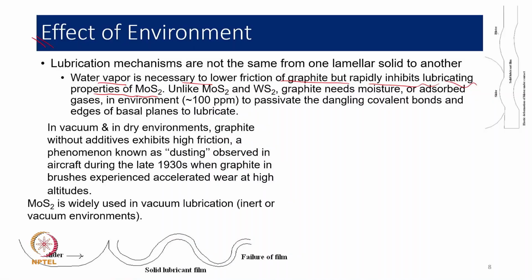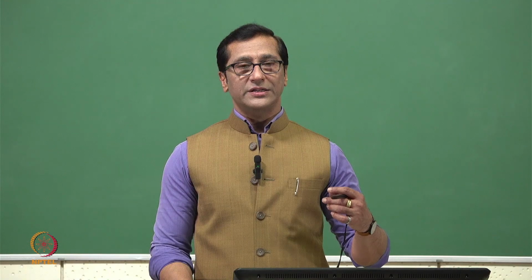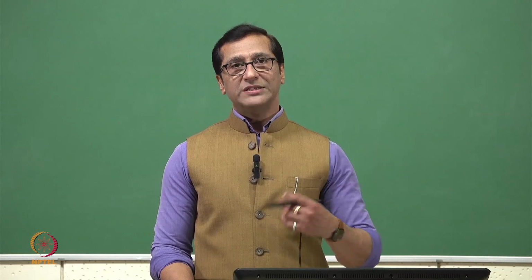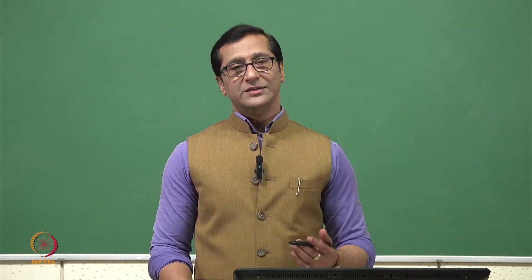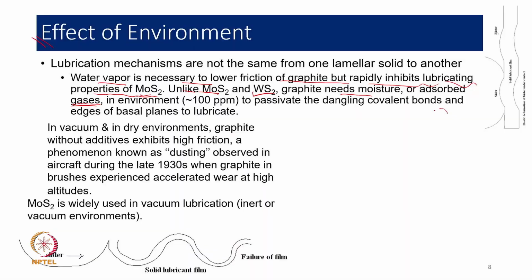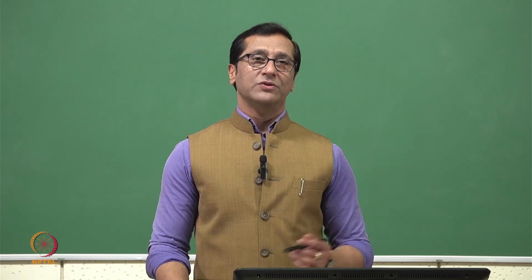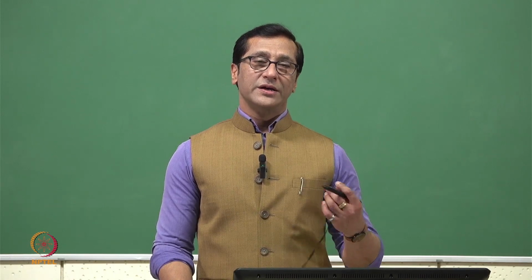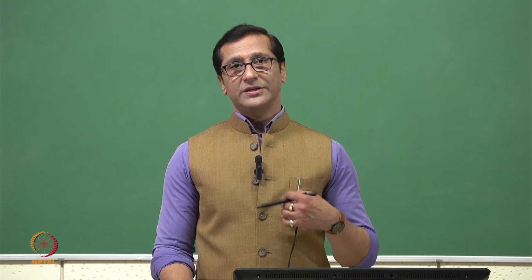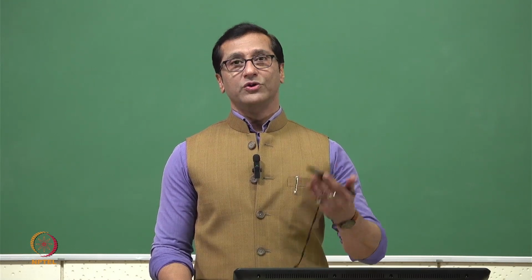The same thing applies to MoS2 as well as WS2, right? Unlike MoS2 and WS2, graphite needs some moisture or adsorbed gases. We say that there is a covalent bond, and then we need to passivate that covalent bond so that it acts as a good lubricant. If there is a covalent dangling bond in graphite or graphene, then we really need to passivate that bond, otherwise the coefficient of friction will be on the higher side. In the absence of moisture, this bond cannot be passivated,